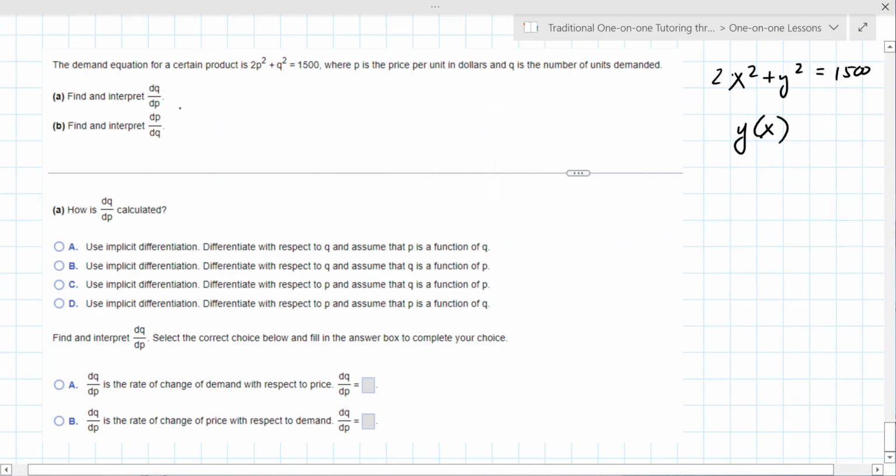So when you're doing dq/dp like this, and this is all really awkward because the variables are all switched around, p is usually x and q is usually y, so they're really asking for dy/dx. So it's really like saying y is a function of x, and so in your problem it'd be q is a function of p. If you assume that q is a function with respect to q,